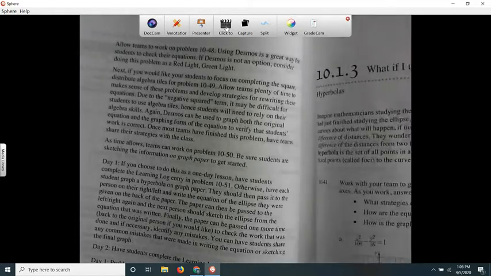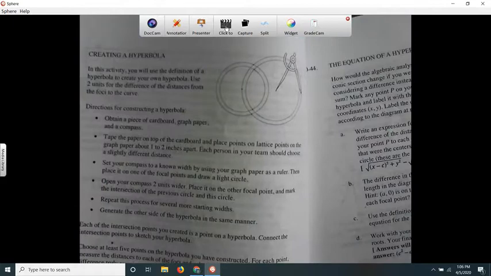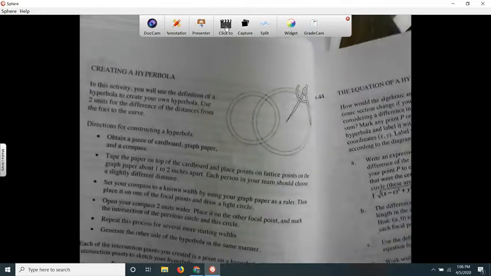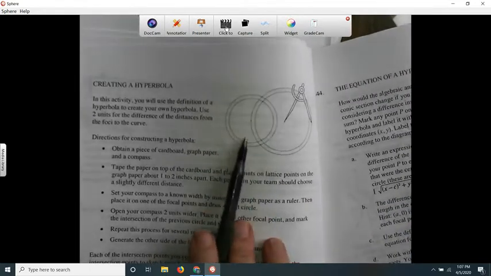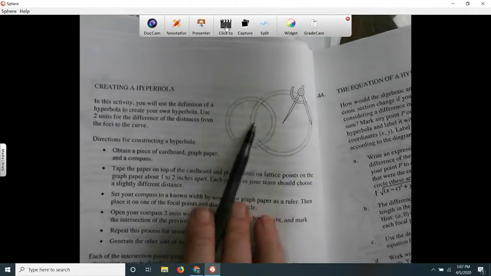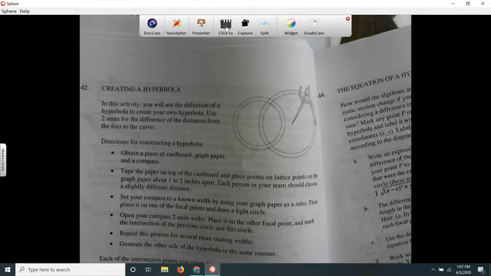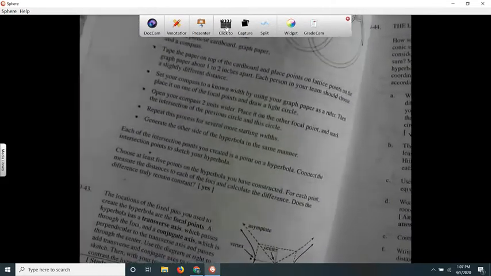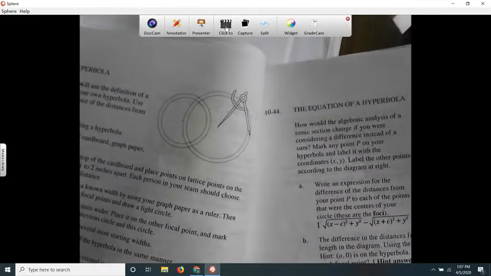It's hyperbolas. If we would have been in class together, I would have had a choice of either having you create one with a straight edge and a compass, or having you do a derivation of it with algebra. There's plenty of videos on the internet that do both of those. I liked the compass one a little bit. I started it, but it would be too long of a video. So I think what I'm going to do is